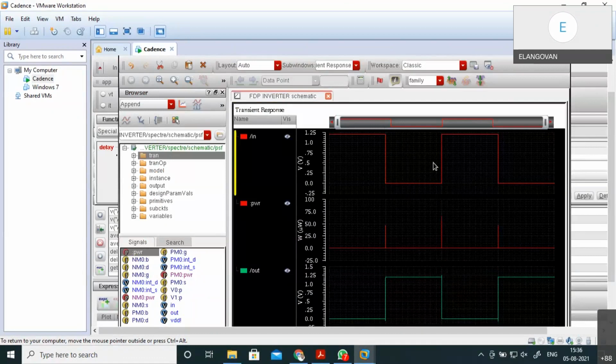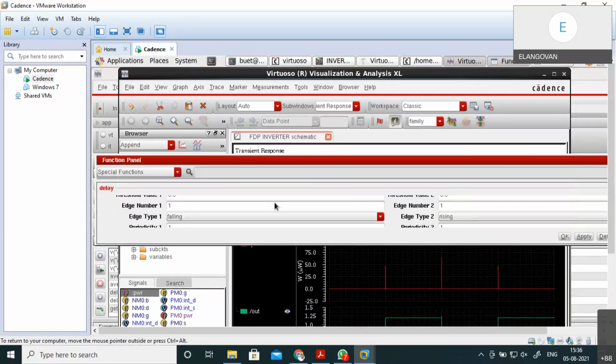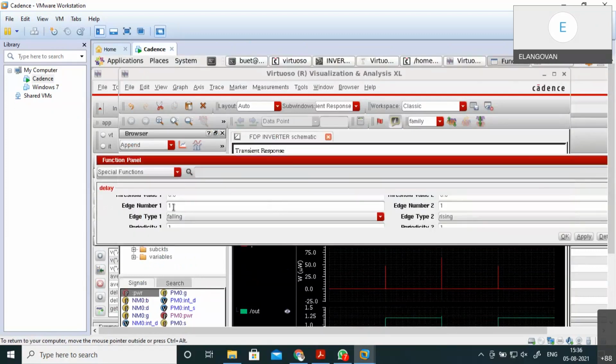Or you can choose first rising of input, first falling of output. Either thing you can choose. That is numbered here, that you can see here. The one is which one you are choosing, first, second, third. This one is either falling edge or rising edge, you can choose either. Okay. So after applying all these things,